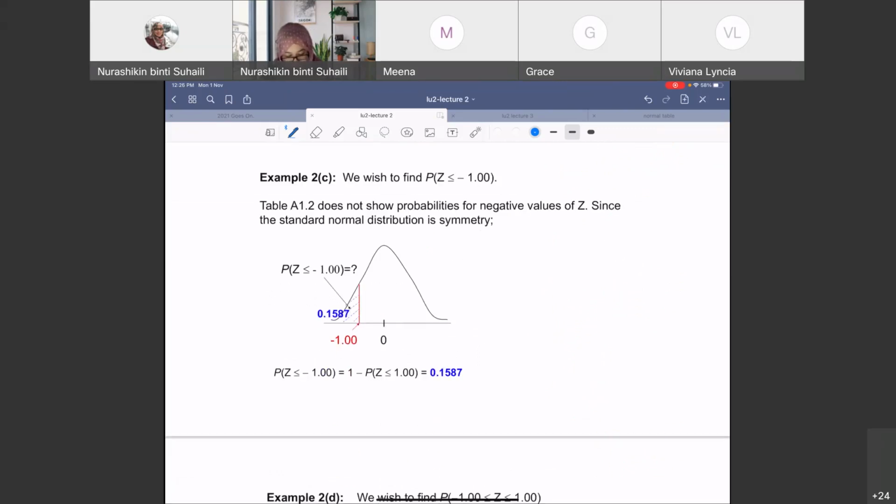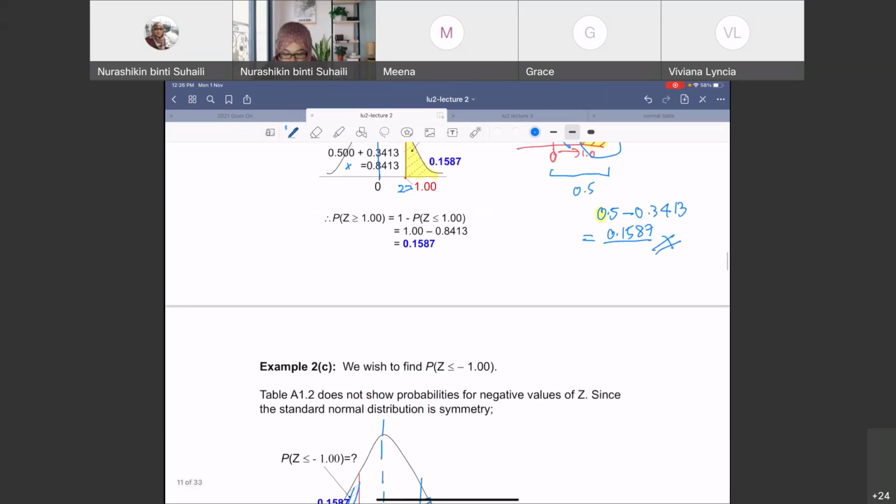You just have to do some practice in order to test your understanding of how to use the Z table, and how to know the area under the curve. Okay, another one is Z less than -1. So let Z minus -1 be here, right? Now you know that it is symmetric, although you cannot find the area for the left side, you just find the right side first. So you find the area from here, and then it is actually equal to the left side, okay, because of this symmetric